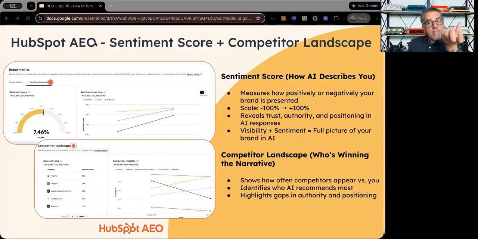And again, the difference between a mention and a citation, which is what I'm going to talk about in a second, is this: a mention is when someone searches for best HubSpot AEO agencies in the world, or best HubSpot AEO agencies for franchise businesses, which would be us, and it says Next in Marketing. And hopefully we're at the top most of the time. Hopefully we show up most of the time among the list. That's what we're trying to optimize for a mention.